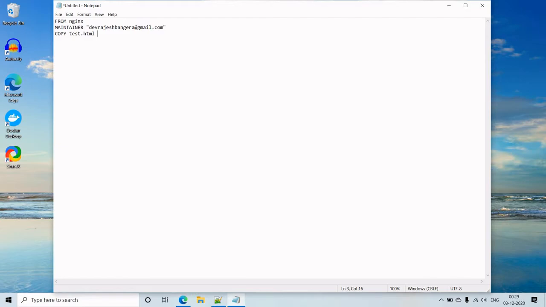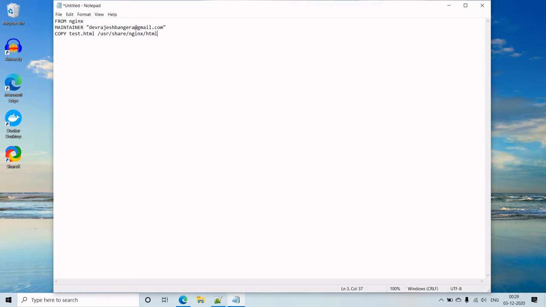The destination will obviously be the container, and the path where this file should reside is /usr/share/nginx/html. So what this command will do is copy the test.html from my local machine and deploy it in the container's HTML directory, right?